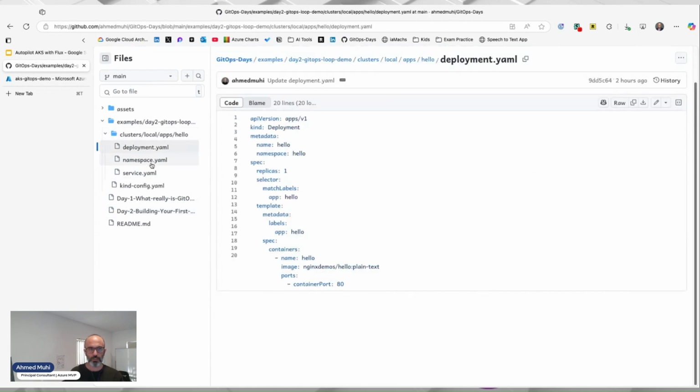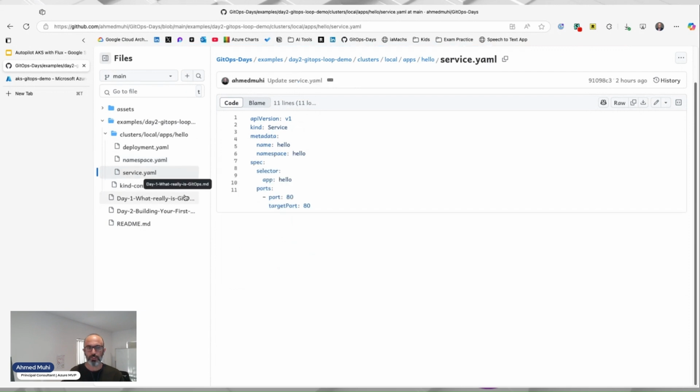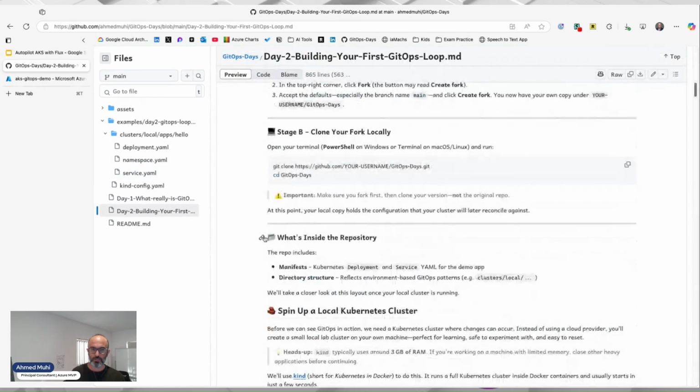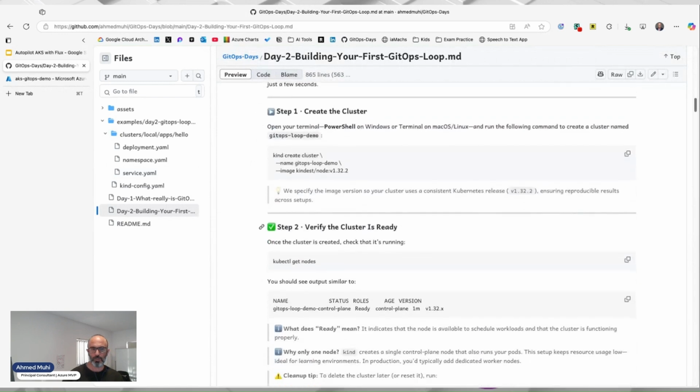You'll find the namespace YAML and the services, which are all our configuration, what you normally would commit to your Git repo and you would use to build your own environment. And yeah, if we go back to the article, so in here, what we're doing is that if I